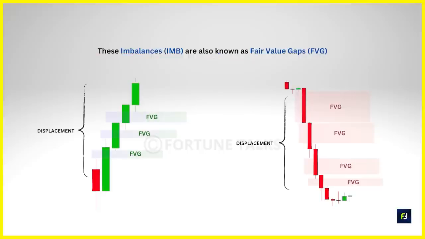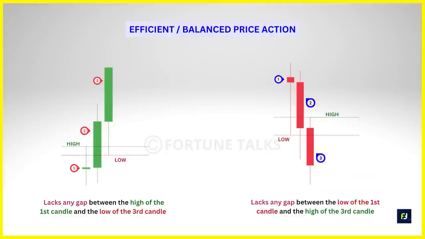These are also known as fair value gaps. To understand this better, we will consider 2 scenarios. If a 3-candle sequence, as shown here, lacks gaps between the high of the first candle and low of the third candle in case of a bullish scenario, and if a 3-candle sequence lacks a gap between the low of the first candle and high of the third candle in case of a bearish scenario, then these are examples of efficiency in the market. This means the price action is balanced and there is no imbalance or inefficiency that needs